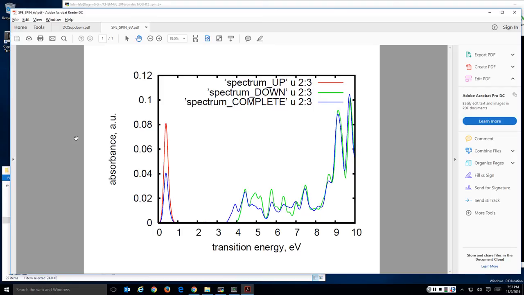So alpha red, beta green, all together blue. So the strong peak is D to D transition in alpha component, because we already have one electron among the titanium 3D. And the beta component has 0